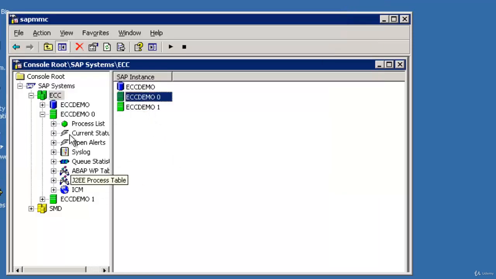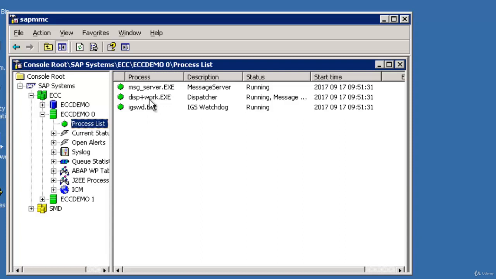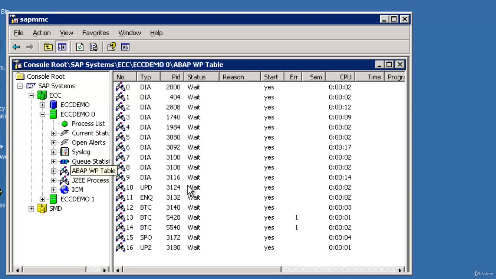So we have the instance 00, the first instance, and you can see the processes which are running. This is the message server. This is disp+work, for the dialog instance. This is for the gateway services. Then if you go to ABAP